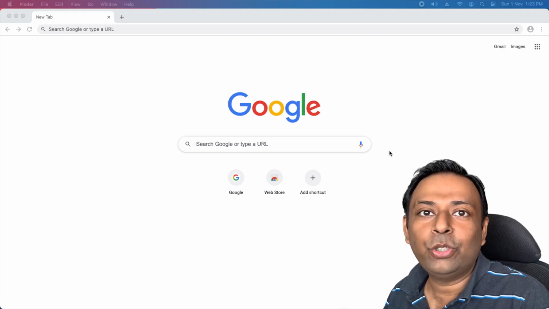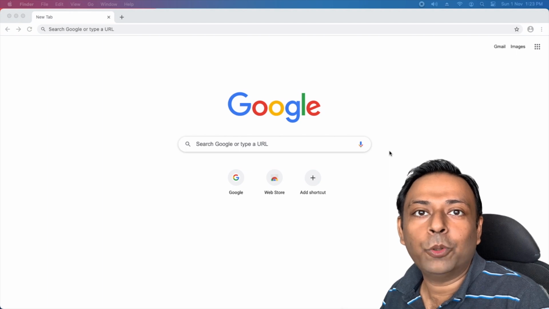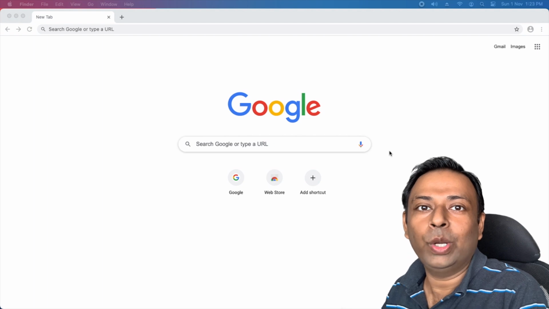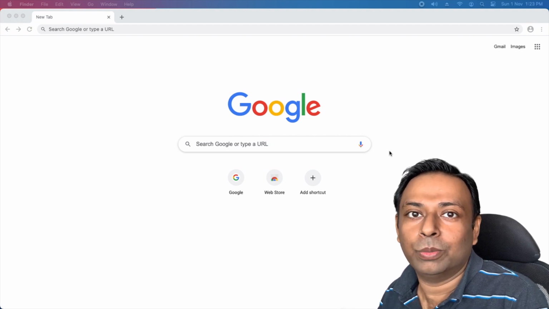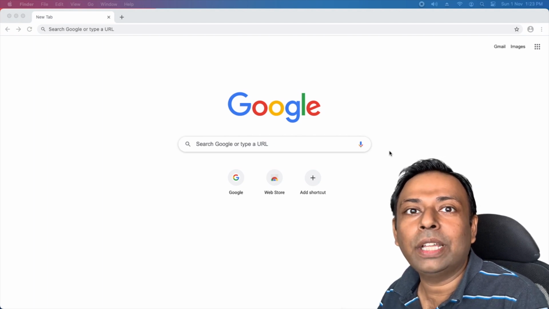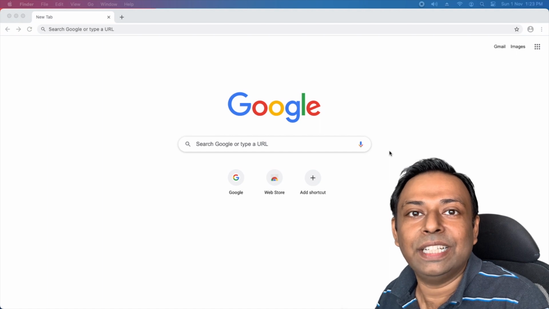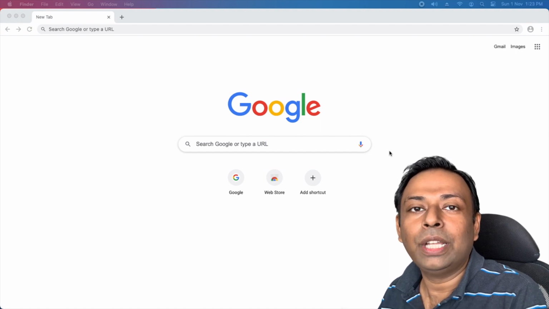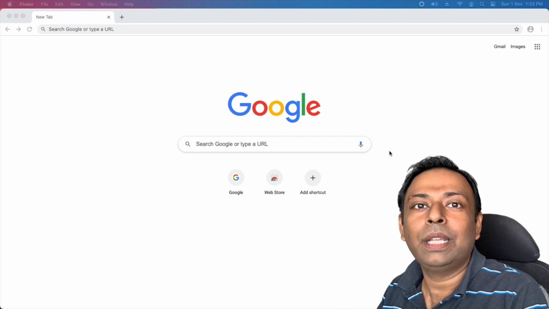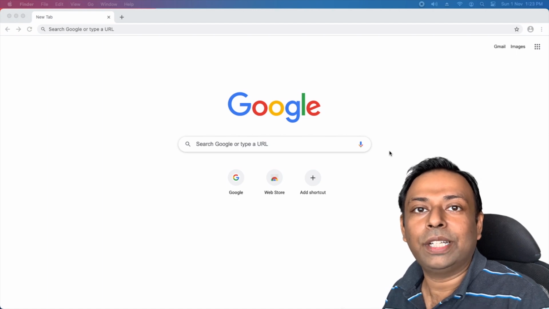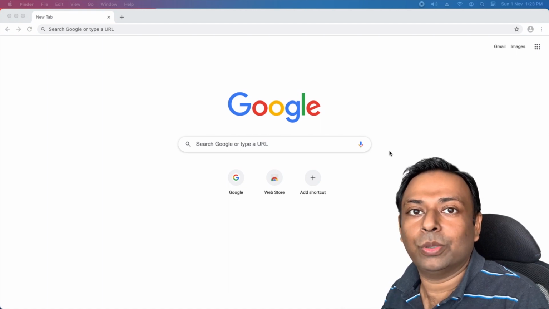So friends, as you could see on my screen, I have opened the Google Chrome web browser. Now let us go ahead and turn on the incognito mode. Friends, here I am going to turn on the incognito mode in Google Chrome so that accidentally some other Google account of yours doesn't get deleted. When you open the incognito mode, by default it will open just like a fresh Google Chrome and it will not remember any of the other saved Google accounts. So let us go ahead and turn on the incognito mode.